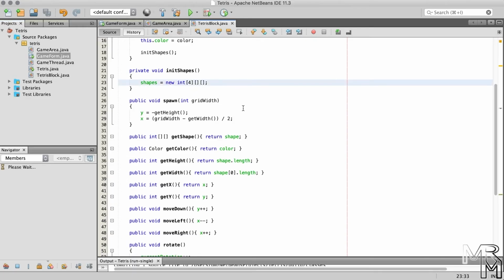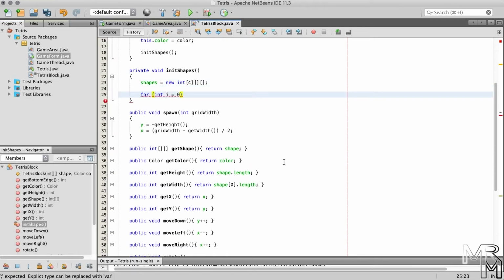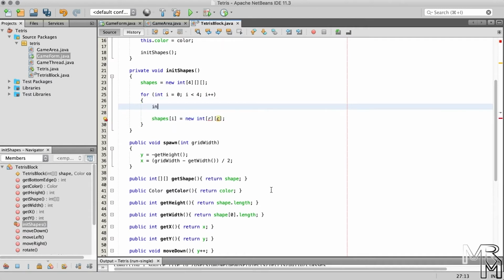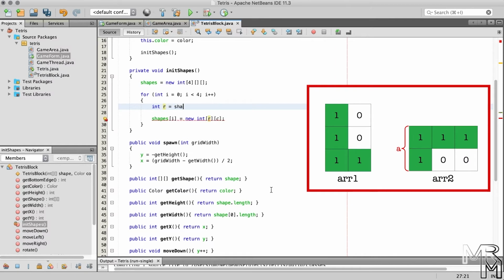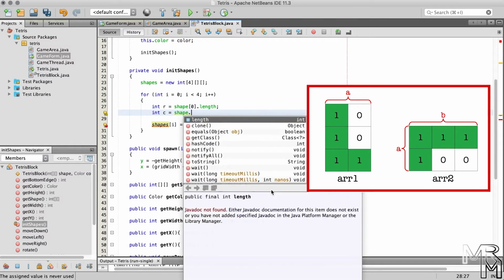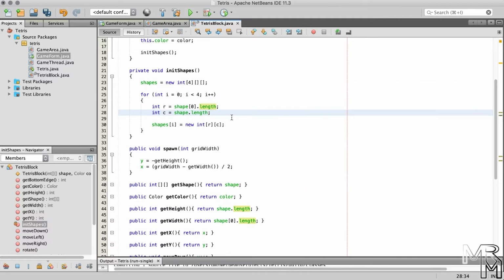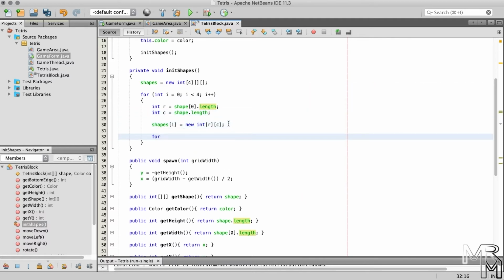Well, we will need a loop that will be executed 4 times, 1 for each rotation. Inside the loop, we will instantiate a new array of int arrays for the rotation of the shape. And the number of rows in the new array will be equal to the number of columns in the original shape array, while the number of columns in the new array will be equal to the number of rows in the original shape array. Then we need to traverse this newly created array,